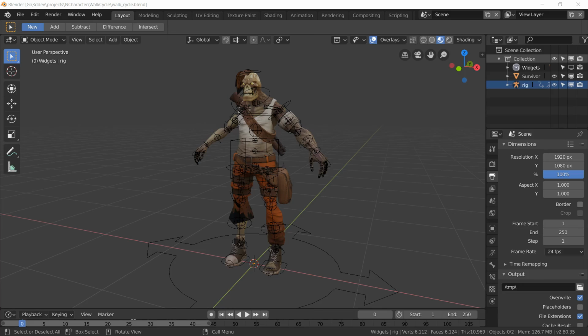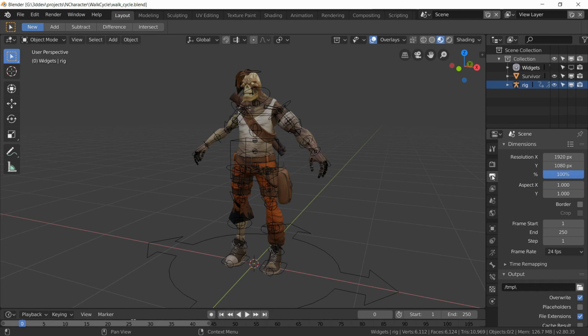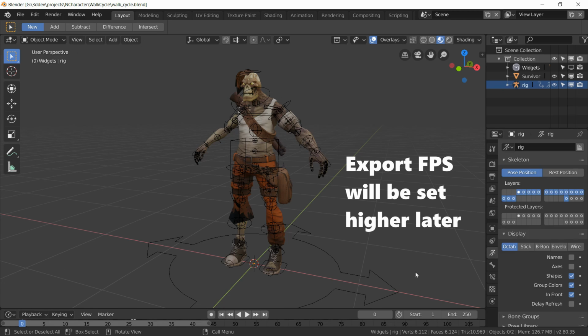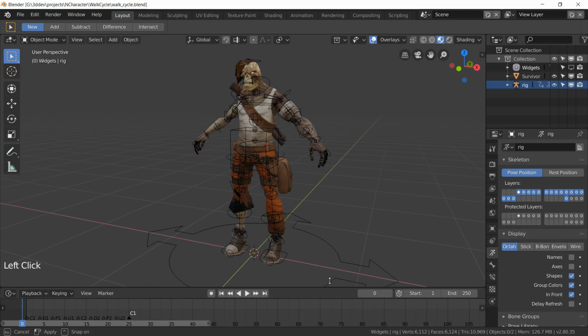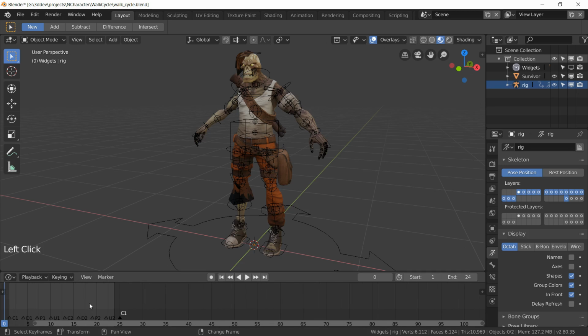We're going to make a standard 24 frame walk cycle. The first thing I do is go to the output properties and make sure the frame rate is 24 FPS. Then we can adjust the timeline so it ends on 24 frames, and I'll just use the mouse wheel to zoom in a little bit here, like so, and then drag this bar to get this highlighted portion into the